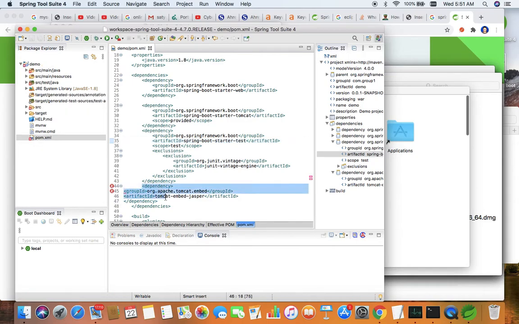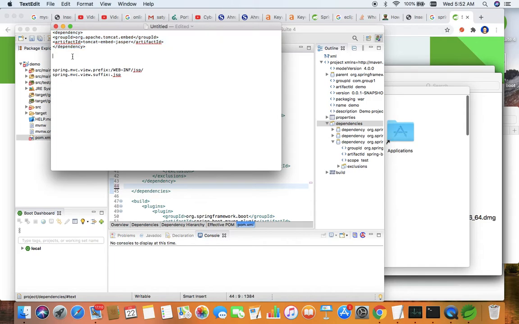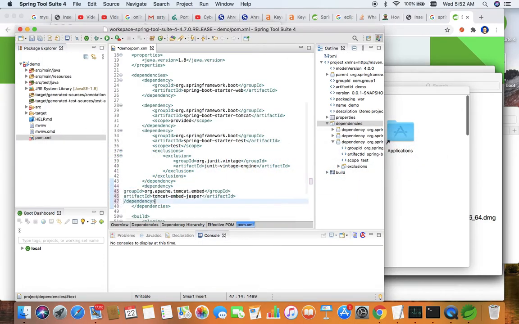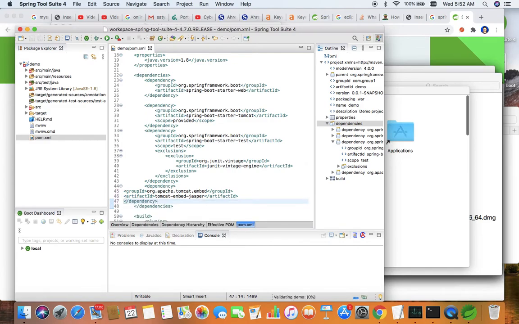Something went wrong while copying. Let me remove it and copy it again. Yeah, so here the dependency has been added into the pom.xml.